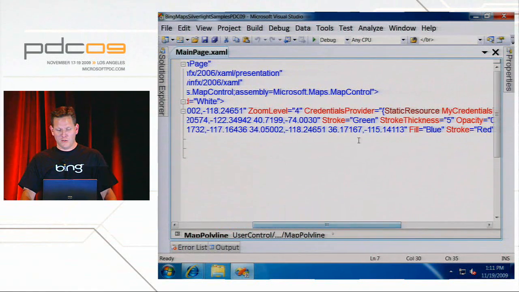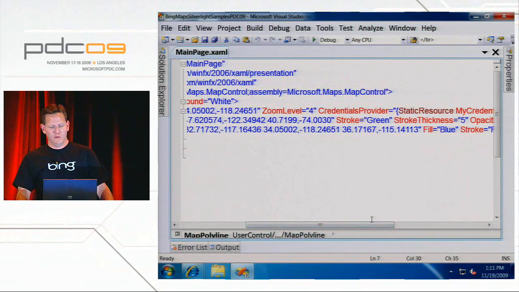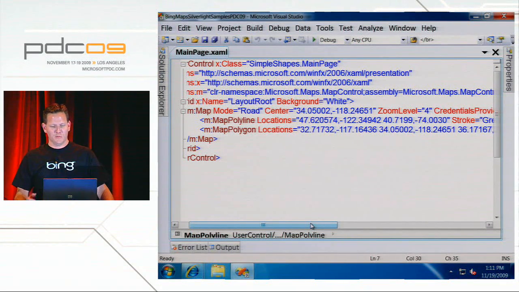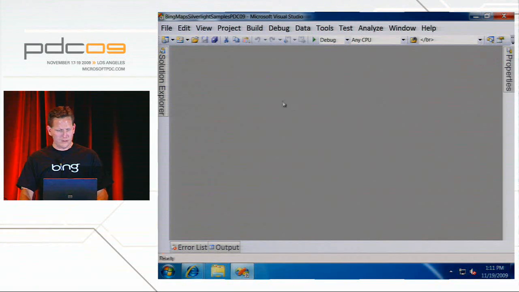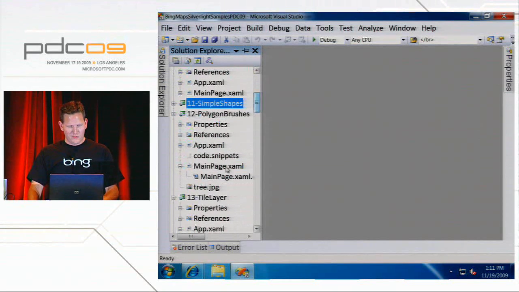You also can use the stroke and stroke thickness of the brushes. So all the Silverlight properties can be used with the map polygons and map polylines. In fact, when they're actually rendered, they're rendered as Silverlight polylines and polygons. But they're special map polygons because they understand latitude and longitude. So let's look at a little bit more advanced example with